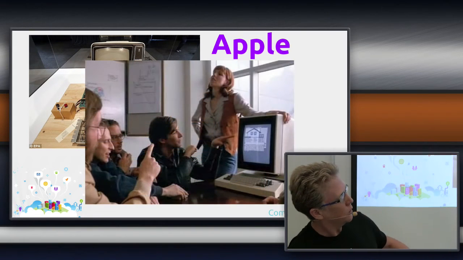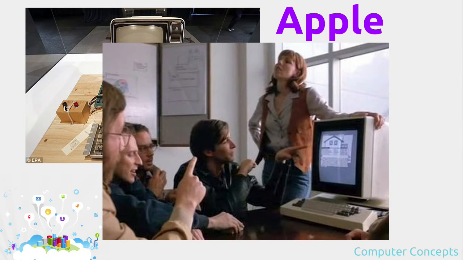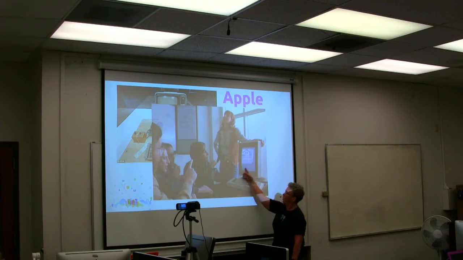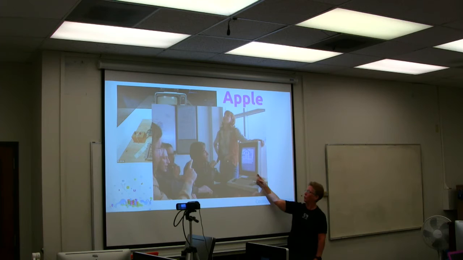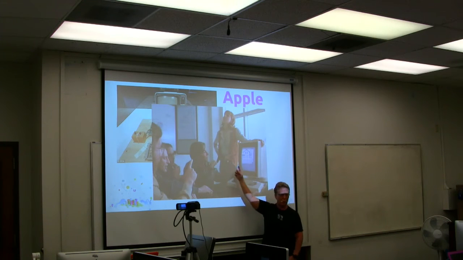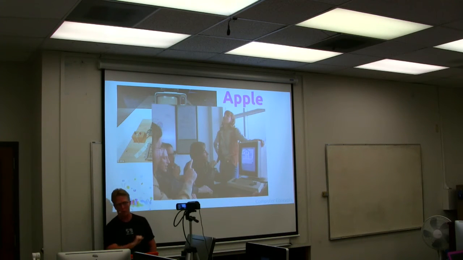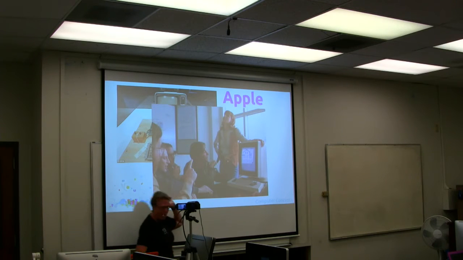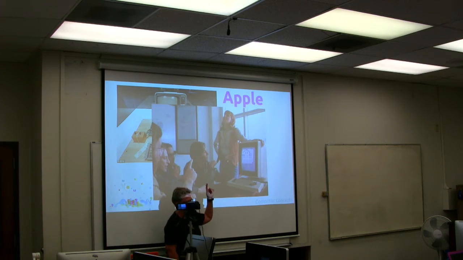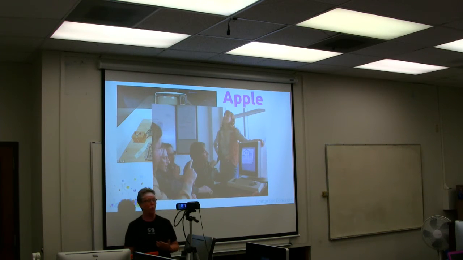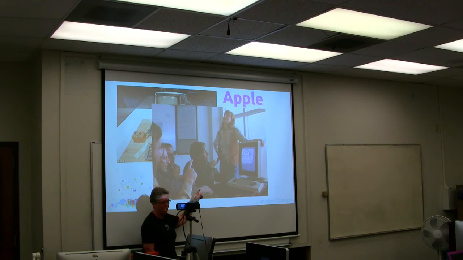So really, here's what happened, and here's the picture that depicts this, and this is actually an image from the movie. Here's Steve Jobs, Wozniak's over here. They're looking at the Xerox version of the graphical user interface, and can you see the expression on the woman's face? Disgust, because she did not want to show them because she knew what they were going to do. But Xerox said, no, you have to show that to them. So not only did they get to look at it, they actually got some of the basic beginning code of it, which gave them a huge head start.